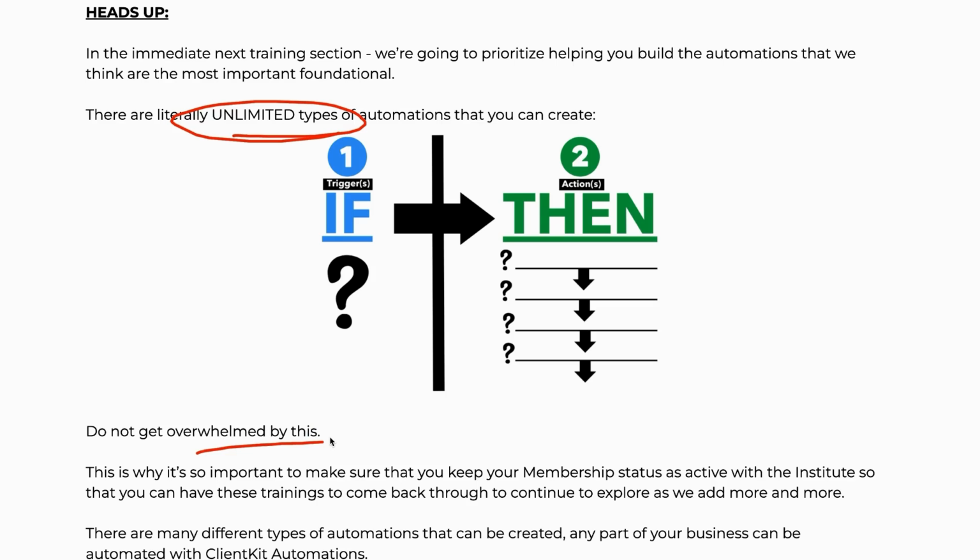not only access to the trainings, but more importantly, access to the community, in which all of the latest automations, all the new ones, all the more advanced ones are going to be housed. That way, as community members continue to build those, you have access to those as well. Beautiful. Now, before we close out this training, I do want to explain